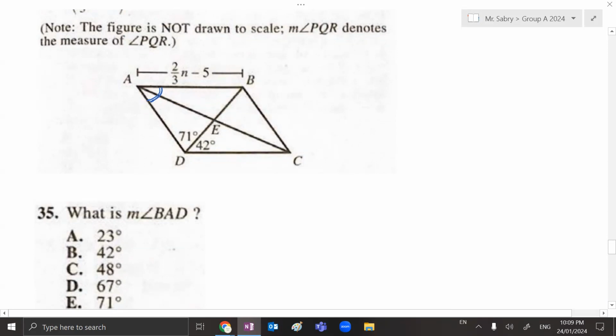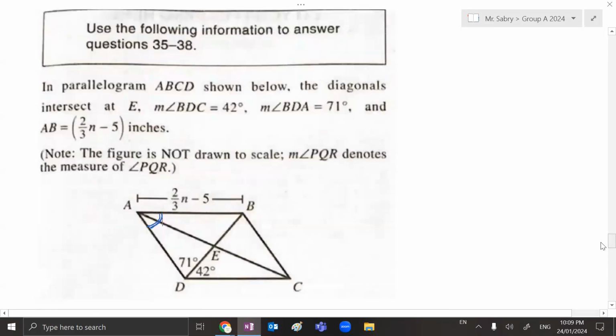Now you need to know that this is a parallelogram, as they said, in parallelogram ABCD. In a parallelogram, the opposite angles are equal to each other, while the adjacent angles added together equal 180. So this angle that I've highlighted in blue plus this other one highlighted in blue should equal 180. So I'll do 180 minus the 71 and minus the 42, and it should give me the entire measure of this angle A that I'm looking for, which is